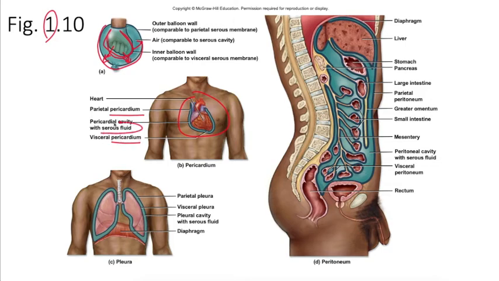Oh, and I forgot to talk about this. Each of these serous membrane sacs around each of these organs, in between the parietal and the visceral layers, you have serous fluid. So that's true around the lungs. We'll talk about it a little when we get to the digestive system, but these are the easier organs to understand, so let's start with those. The serous fluid that's between the parietal and the visceral layer is very viscous, but let's just say slippery. Slippery